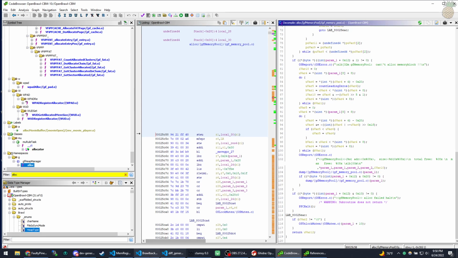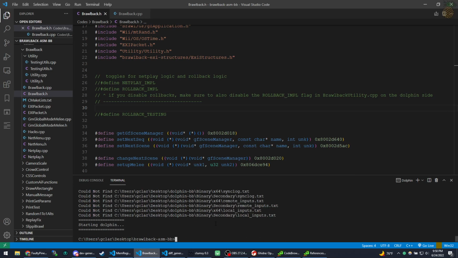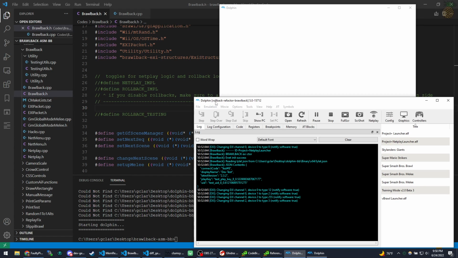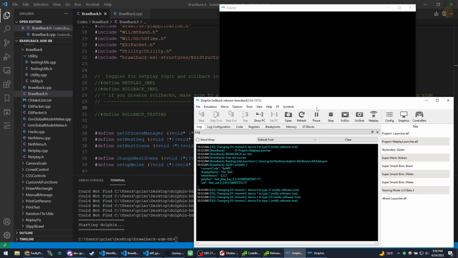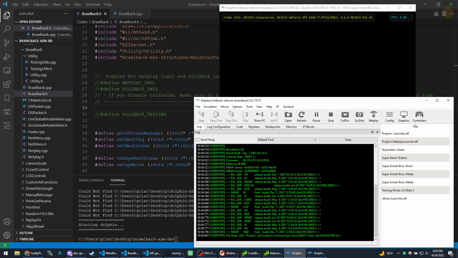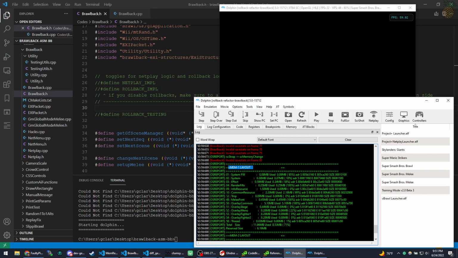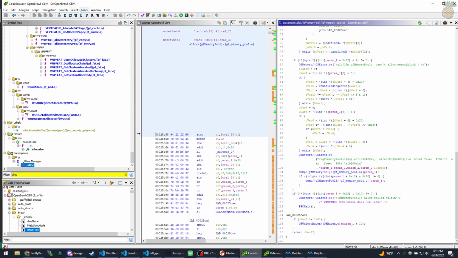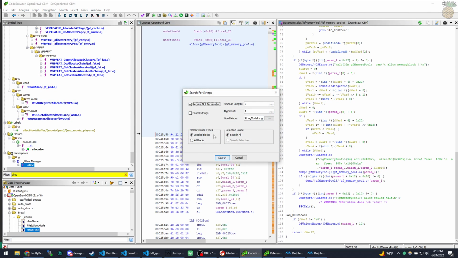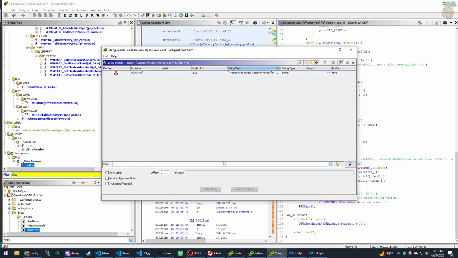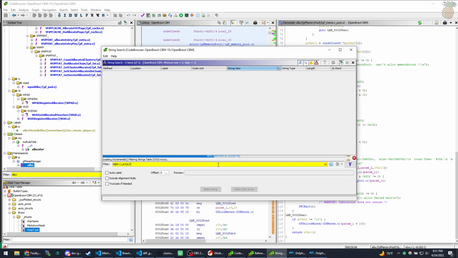I do also want to look one more time at the memory region thing, because they print this stuff out. Mem1 layout. So here's a cool thing you can do with Ghidra: because I know they're going to print this out, I know Mem1 layout always happens. So I can go into Ghidra, hit search strings, just leave it with default, and then I can put that in this filter